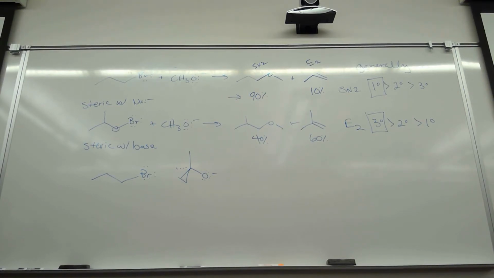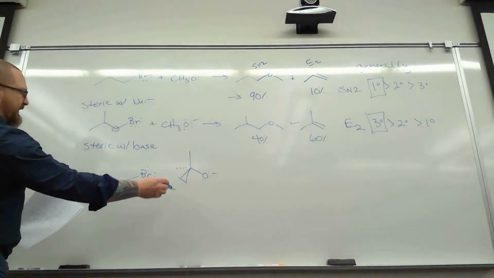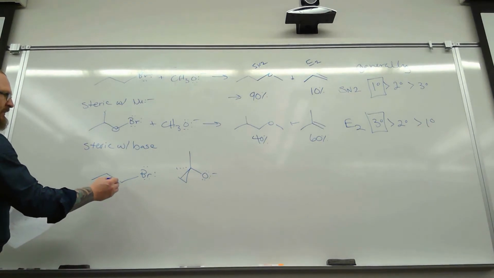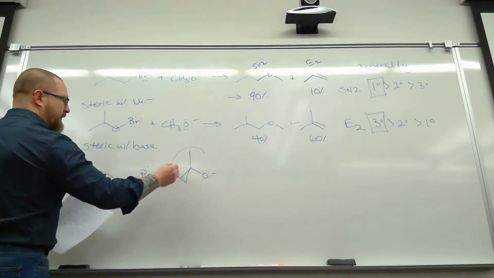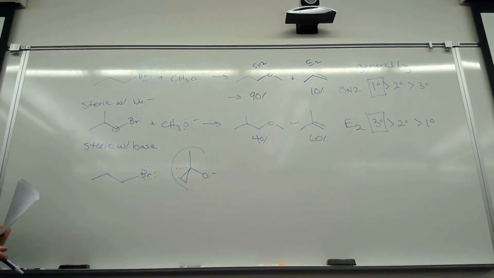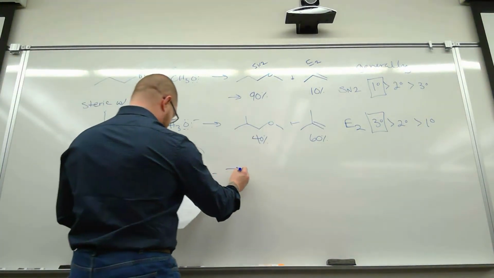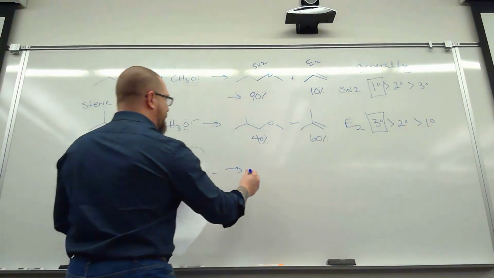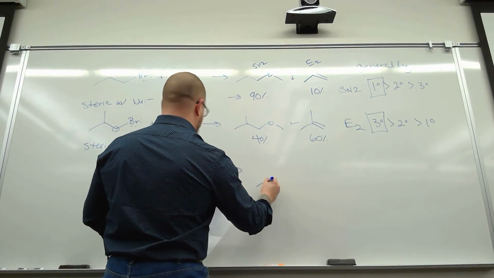And that base is going to have a hard time acting as a nucleophile and accessing this because of all of this. So because of this, we are going to get a little bit of nucleophilic